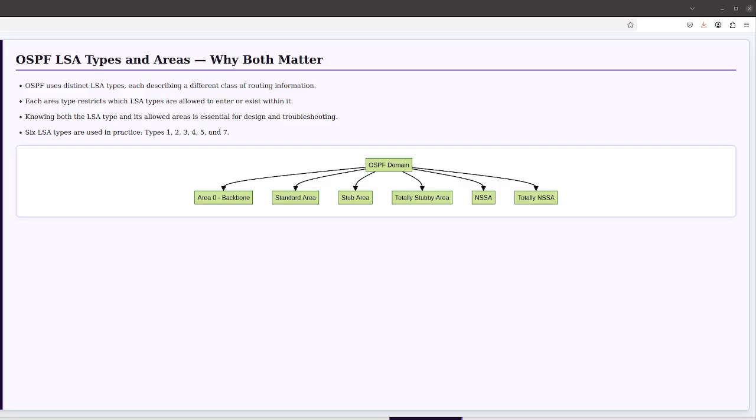Today we are tackling OSPF LSA types and area types, which is one of the most commonly examined topics in CCNA, CCNP, and CCIE. OSPF does not simply flood a single type of routing information across the entire network. Instead, it uses several distinct LSA types, each with a specific scope and purpose, and it restricts which LSA types can enter certain area types. Understanding both what each LSA carries and where it is allowed to travel is essential for designing and troubleshooting OSPF